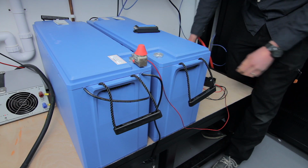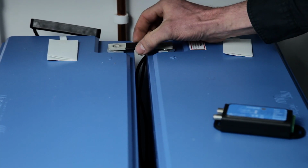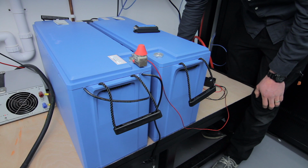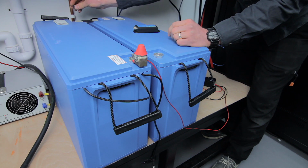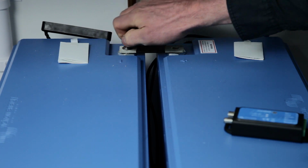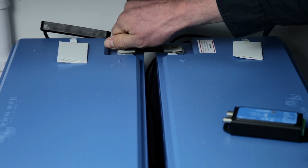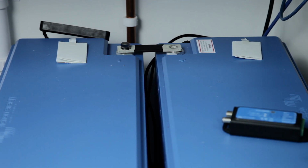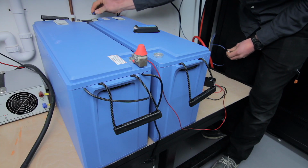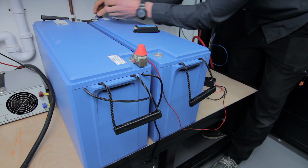We then need to link the 2 batteries together, so we have a link bar. In this case, this will determine how far apart the battery is. So fitted to the negative terminal on one battery and the positive terminal on the other. So we fit our 24 volt tap onto this terminal,